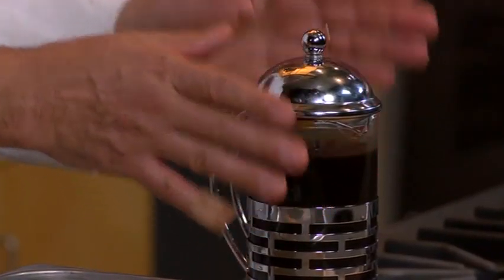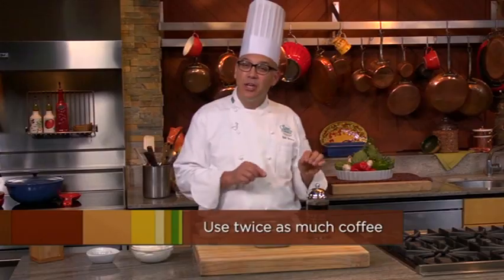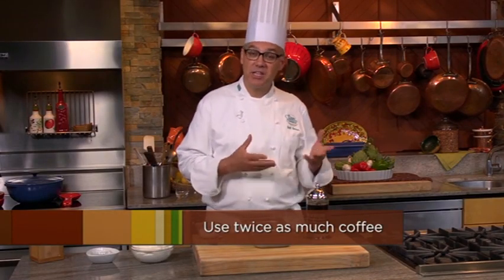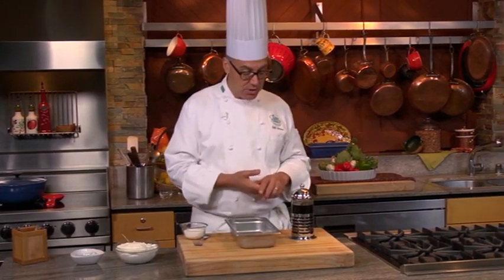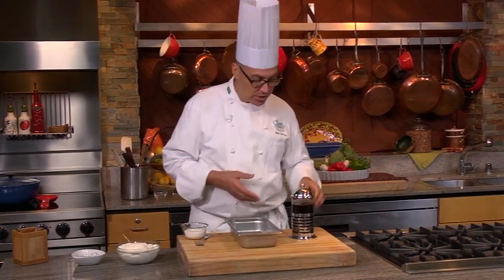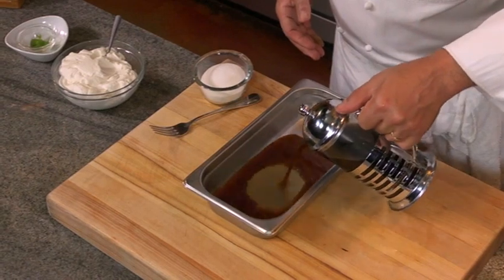This is coffee Granita, and it starts by making some really strong coffee. I used a press pot here, and I used twice as much coffee as I would ordinarily use. Other times I will make an espresso or a number of espressos and use espresso, or even instant coffee can be used where you make it really strong. Anyhow, I'm going to put the coffee into a shallow pan like this,